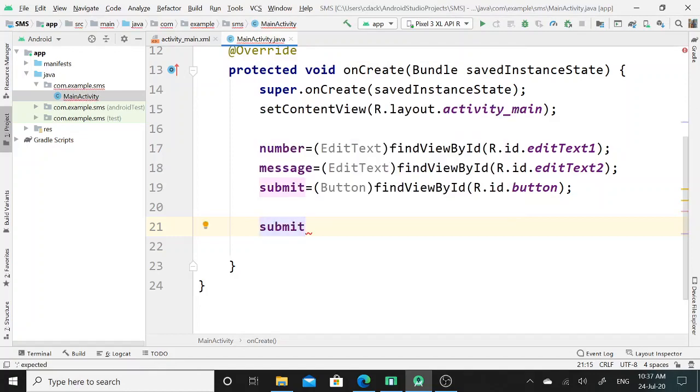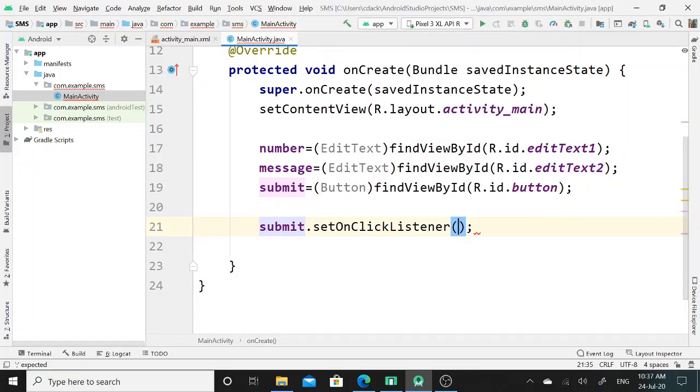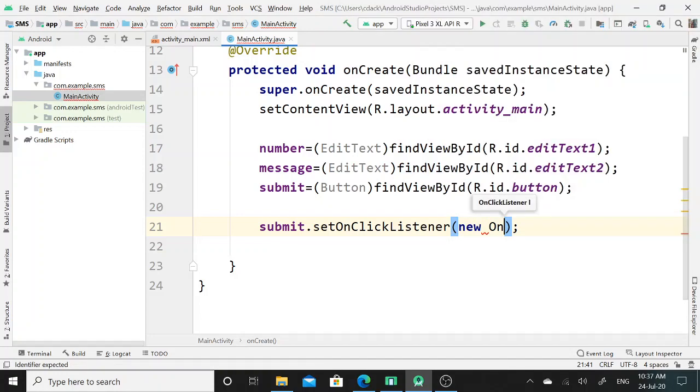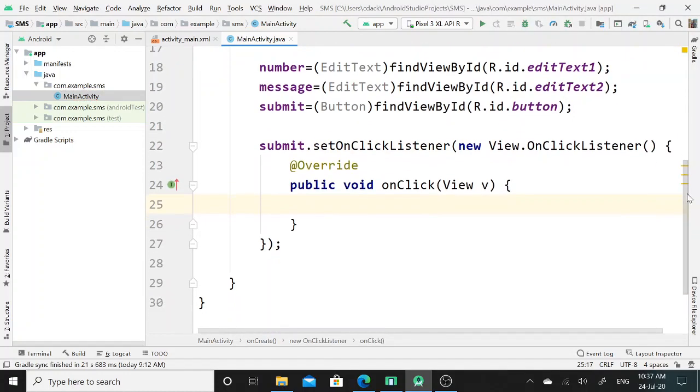I will take the help of the submit reference. Here I will call the setOnClickListener method, and here I will call the View.OnClickListener interface. This is the abstract onClick method of the OnClickListener interface, and here I will write the respective code to deliver the message to the respective user.